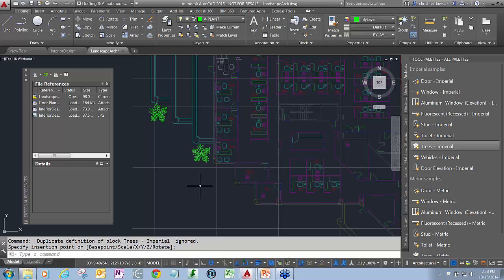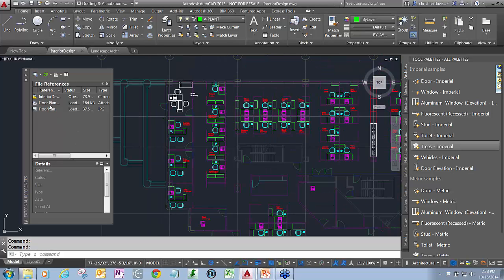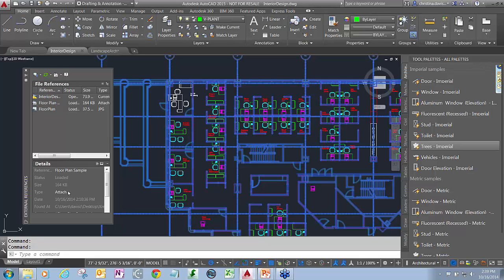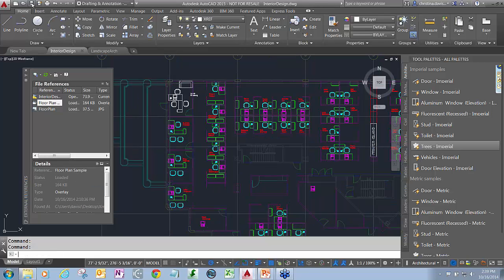Now, this is a good time to actually talk about updating your XRefs. If you forgot to make it a reference type of attachment, you can now, in recent versions, change that. So if I go back to the interior design and in my palette I highlight floor plan, I can see that there is a type at the bottom here, attach. And there's a drop down where I can pick attach versus overlay. So if I change it to overlay and save,